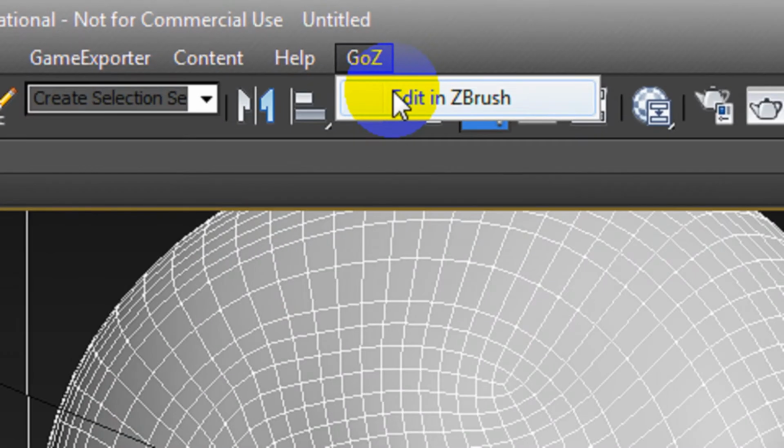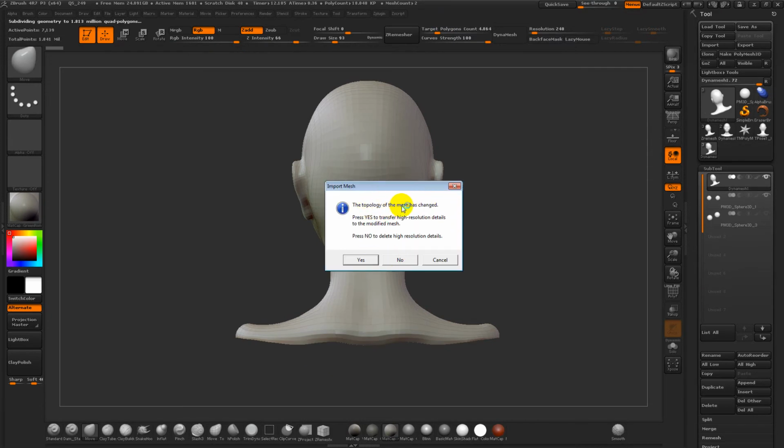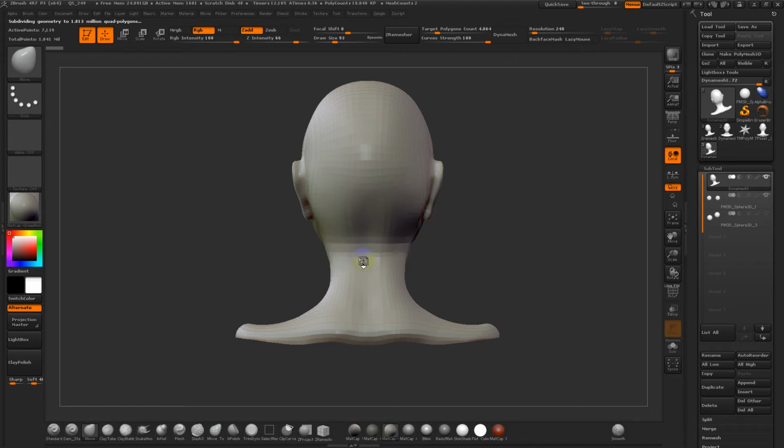So go Z, edit in ZBrush. It says the topology of the mesh has changed. Do you want to transfer the high resolution detail? So it detects that I've got new UVs, I've got new polygon layout, and that I have high poly detail still in my Z tool. So the great thing about this is I can quickly just say, yes, transfer my sculpting detail to this new laid out version of the mesh. In this case, I didn't really do any detail sculpting at the high res. I just have subdivisions, but